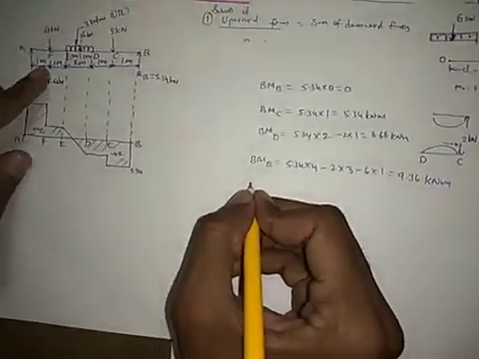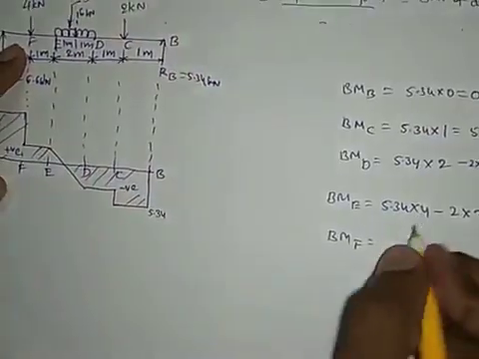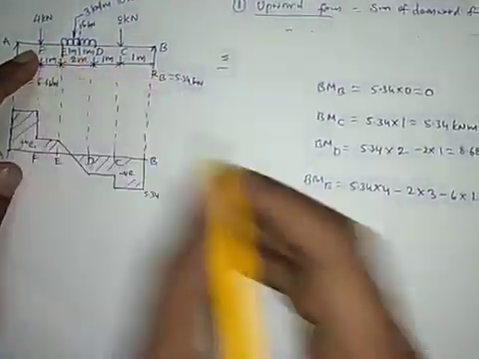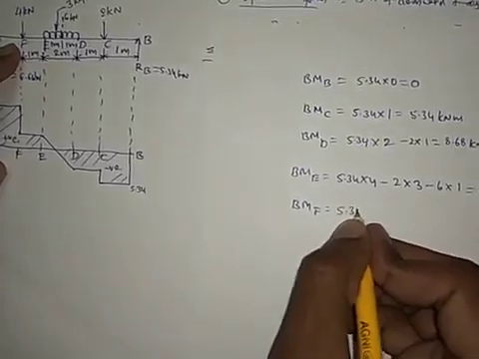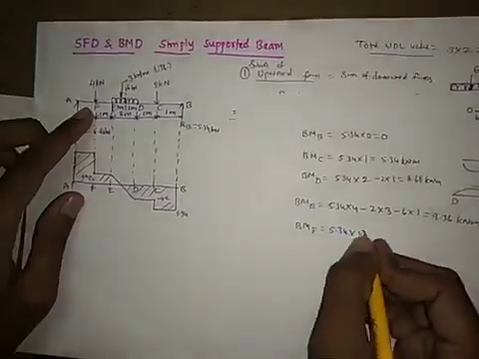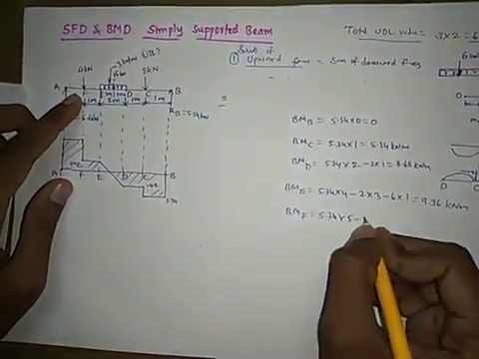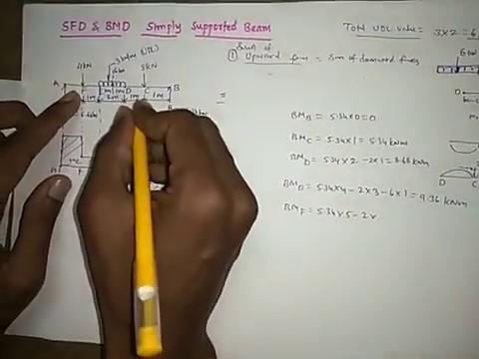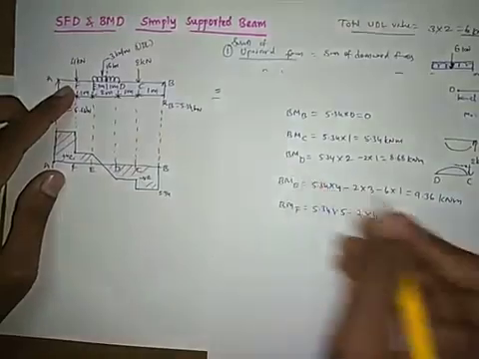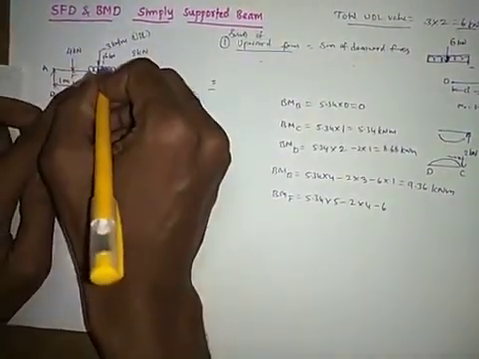Next, if you calculate the bending moment at F, come from the starting, that is B, it also creates sagging moment, that is positive about F, so plus 5.34 into distance 2 plus 2 is 4 plus 1 is 5, and this 2 creates hogging, that is negative, minus 2 into distance 2, 1 plus 2 is 3 plus 1 is 4, and this 6 creates hogging, so it is minus 6 into, here this is 1 meter.